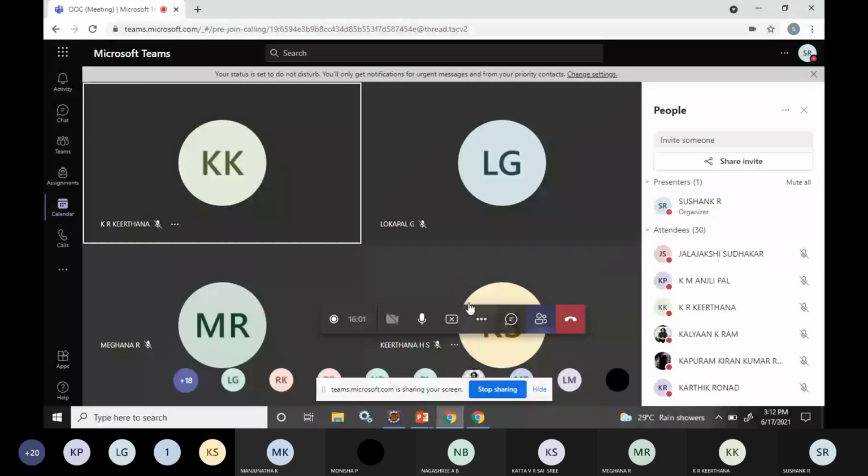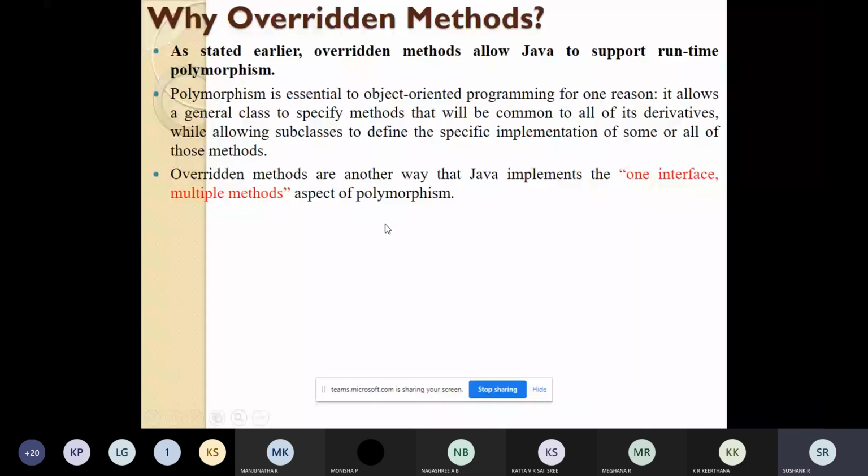Okay. So in the last class, we were talking about a few things. We learned what is the use of this super keyword. This super keyword can be used to call the constructor. It can be used to call a variable in the superclass. So if I'm calling the super keyword from the subclass, for that subclass, it will have one superclass. That superclass variable will be called.